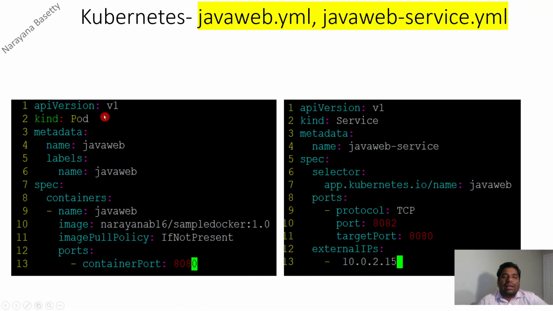Now I cannot directly access the pod. To access the pod, I need a service. So via a service, I can access this particular port. So I am defining API version v1, and the kind, if you look here, is Service. This is the service kind, and I am specifying the metadata name as Java Web service. Now I am specifying the specification. Here, if you keenly observe, selector. So this is the standard name